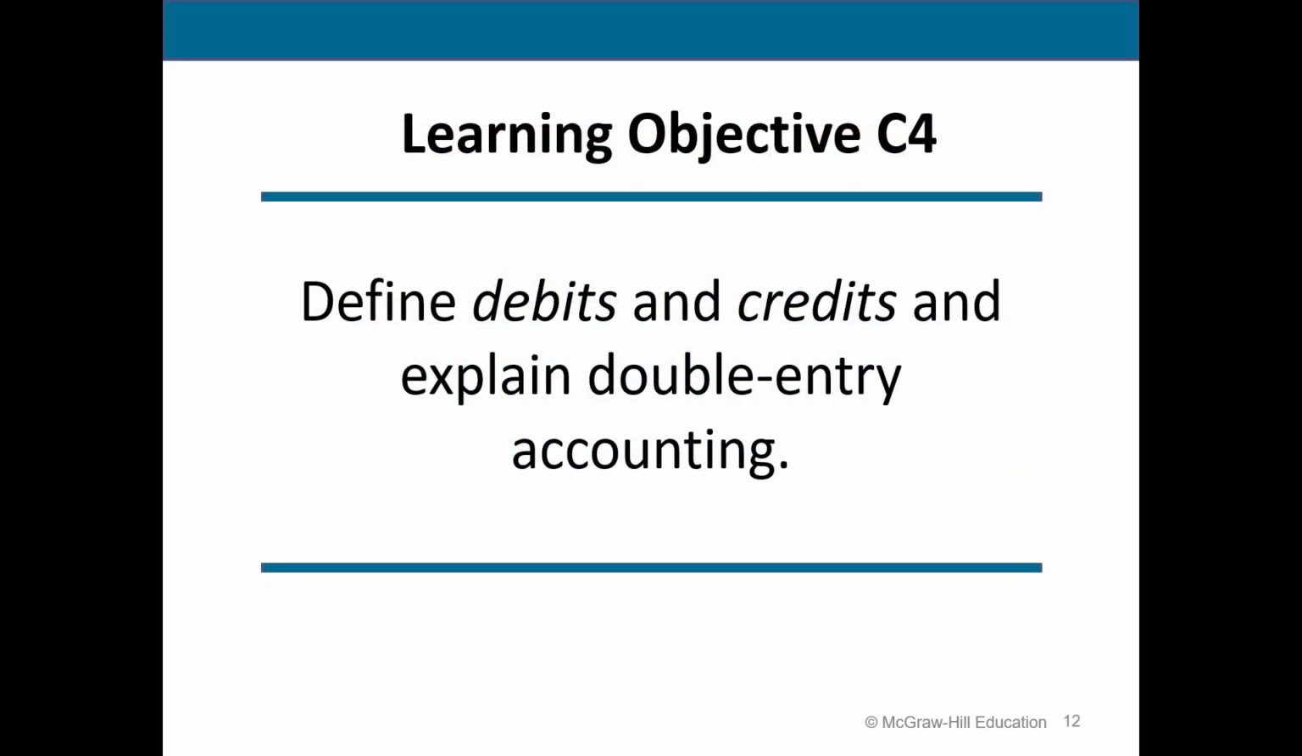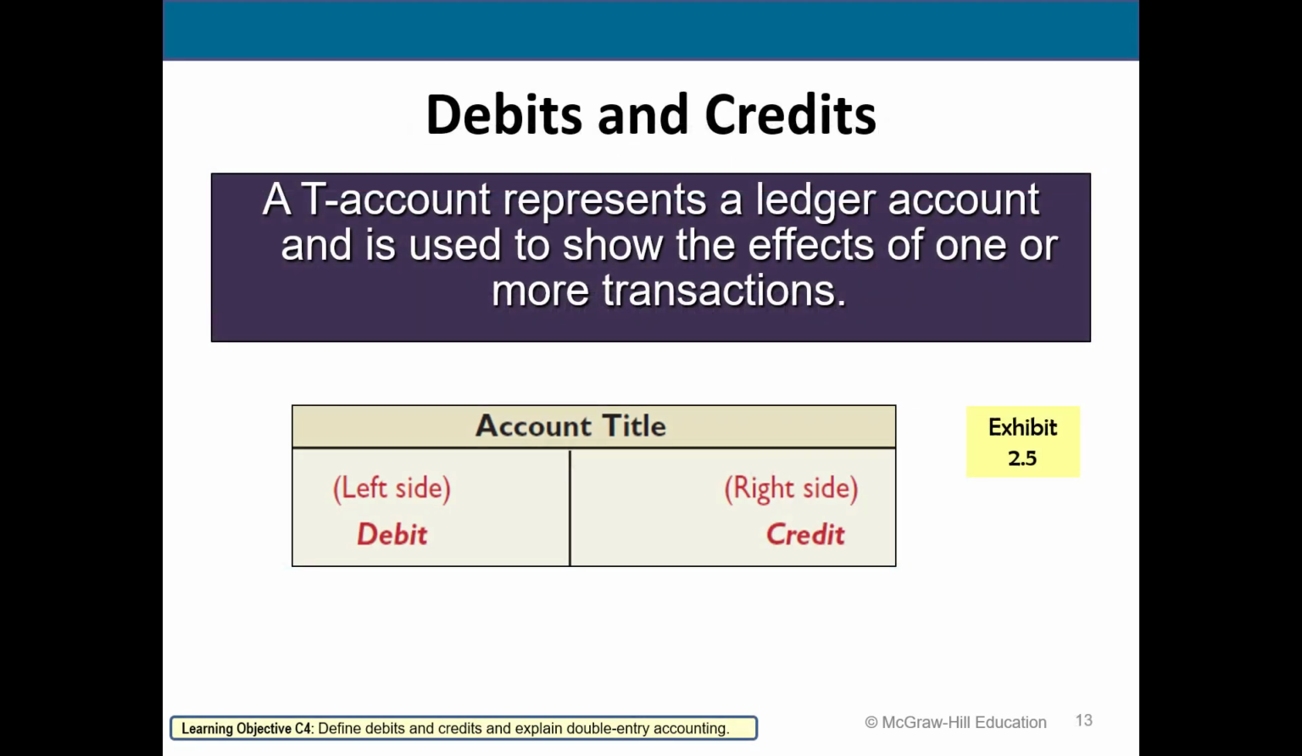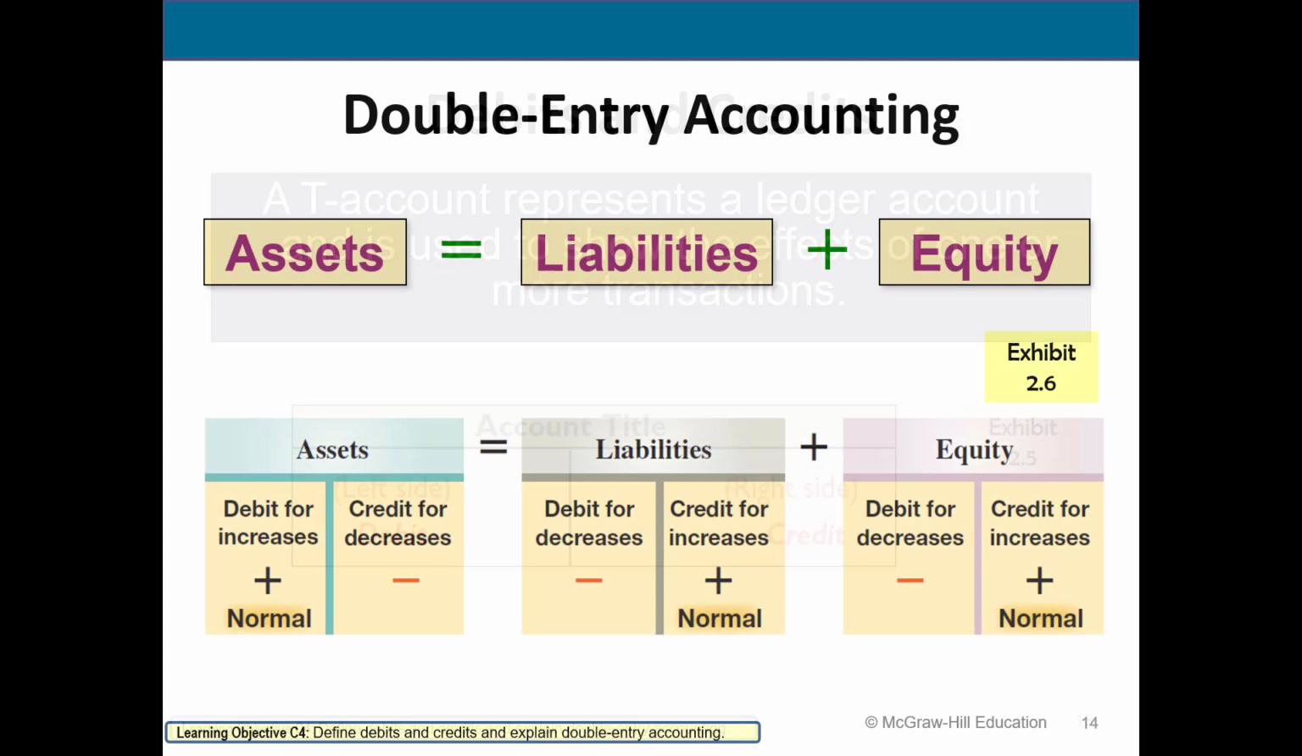So now we're going to look at what is a debit and what is a credit. Debit simply means the left side of an account. Credit means the right side. So it depends on the type of account whether a debit will increase or decrease that particular account. So this slide and the next slide, I recommend that you go to the full Chapter 2 PowerPoint and print